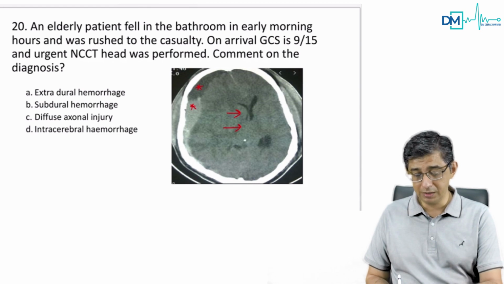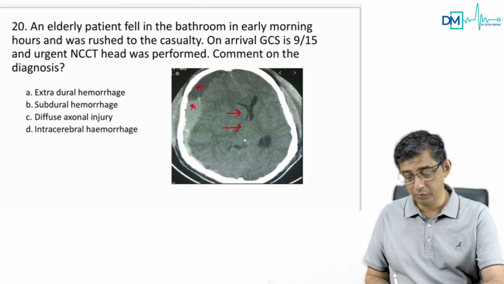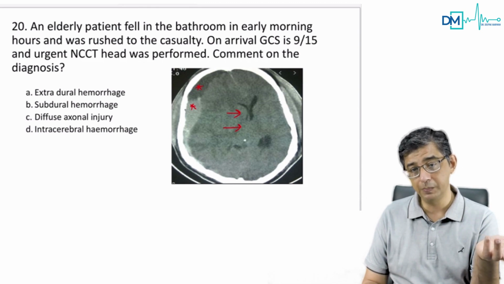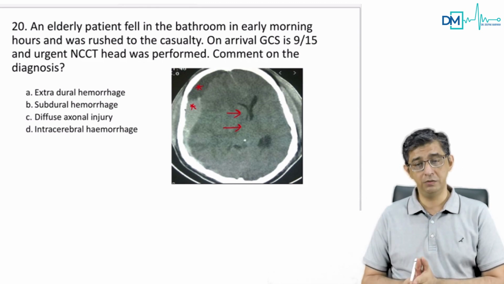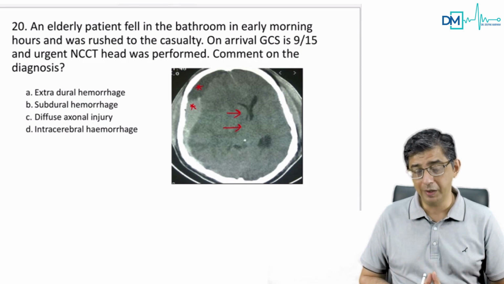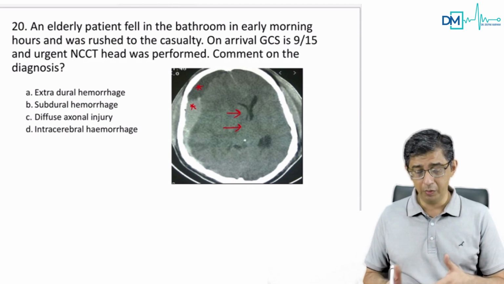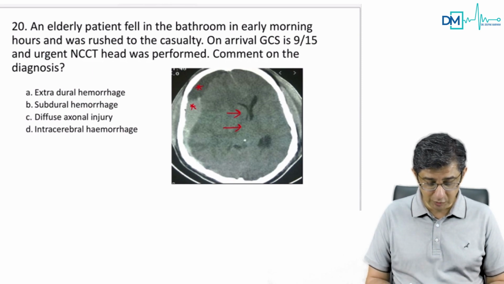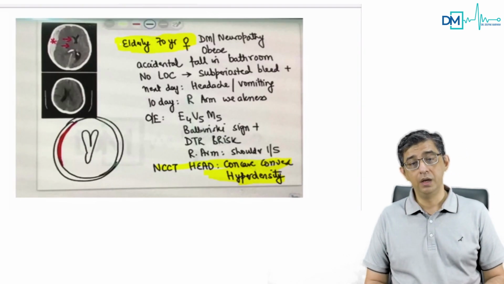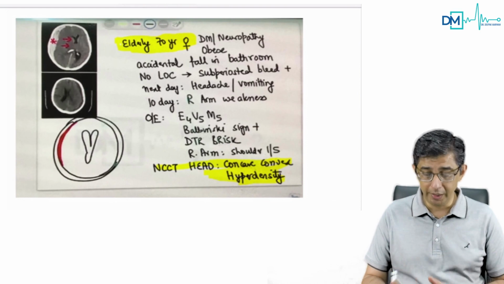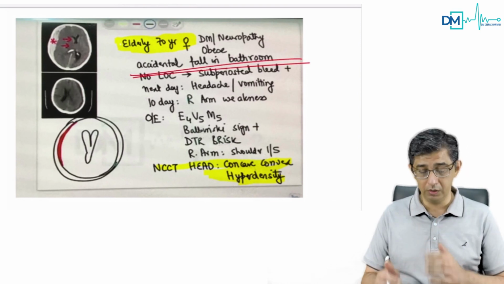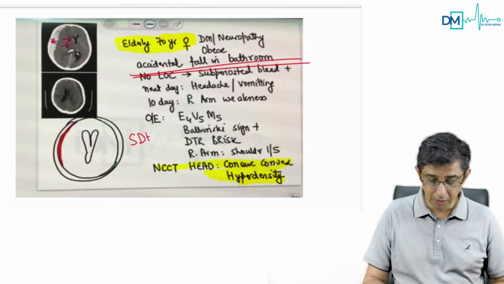But guys, even if this is black and this is white, why is this black and white? Because the patient is having a hyperdensity initially, but then some part of the blood would be reabsorbed also. You see in this image, which is not very particular, it can contribute to a difficulty in diagnosis. But then look at this aspect which I've highlighted in the app. Whenever you read about an elderly person falling in the bathroom, what are you going to think about? You're always going to think about subdural hemorrhage.